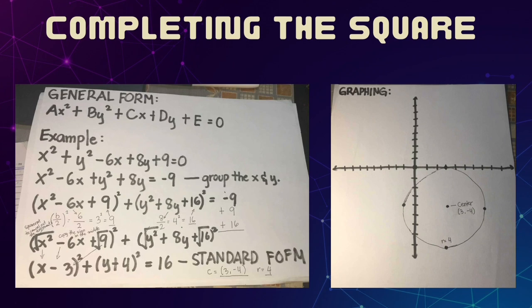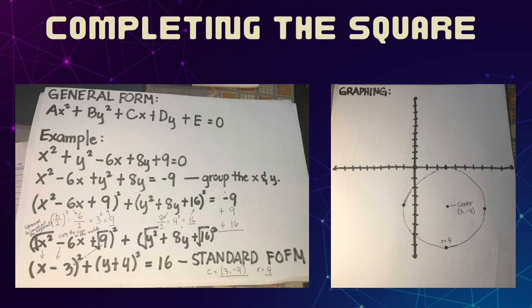We don't need to panic about solving this. It's not as bad as it sounds or as it looks. Completing the square just means we're going to reorganize things to make them neat and recognizable. So yeah, let's start by using this example: x squared plus y squared minus 6x plus 8y plus 9